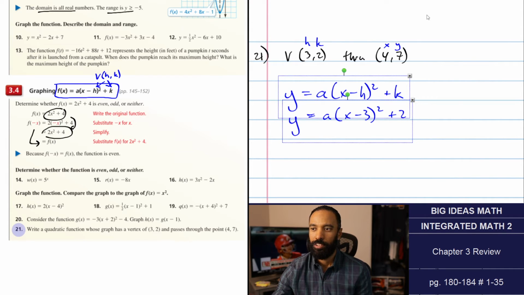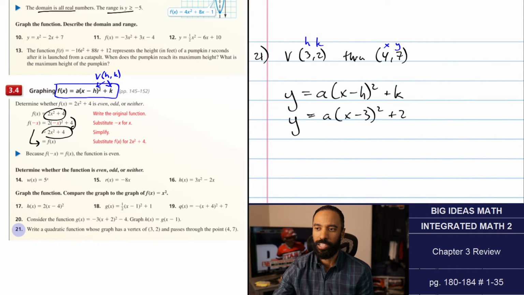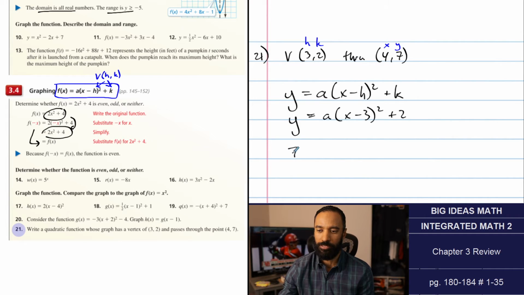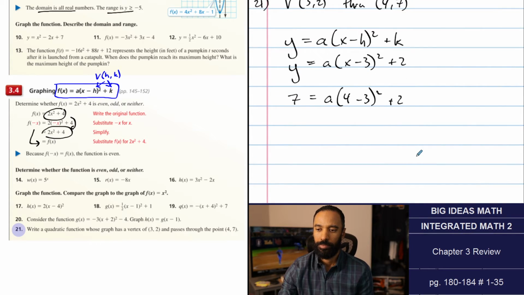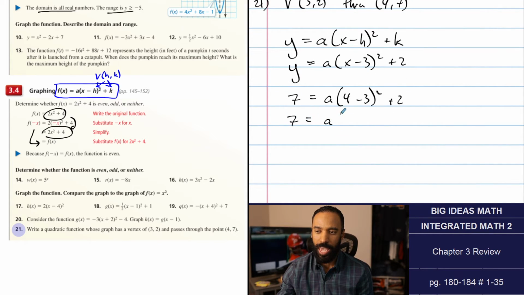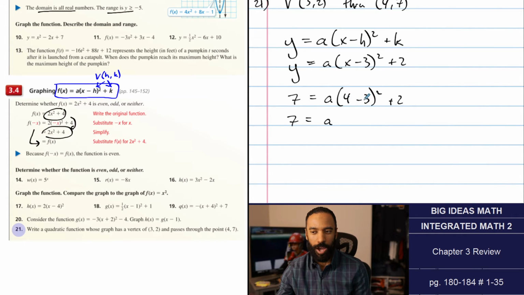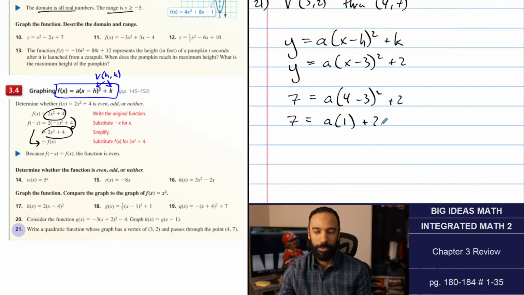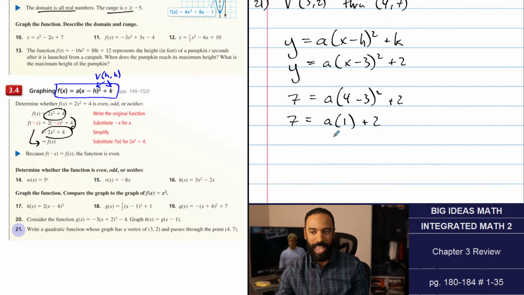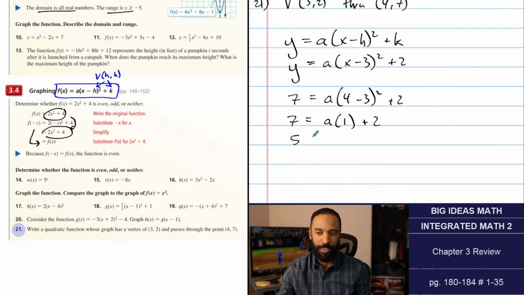To find a, let's substitute 4 for x and 7 for y in this equation. So we'll have 7 equals a times 4 minus 3 quantity squared plus 2. Or 7 equals a times 4 minus 3 is 1. 1 squared is 1. So, 1 plus 2. 1 times a is a, and subtracting 2 over, you actually get 5 for a. So a equals 5. So my equation will now look like y equals 5 times x minus 3